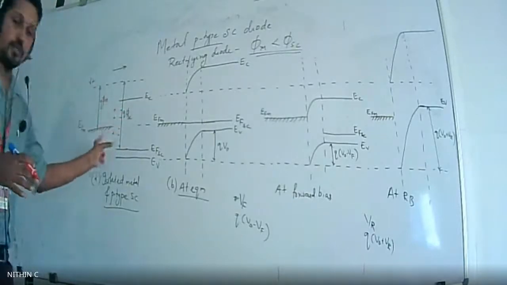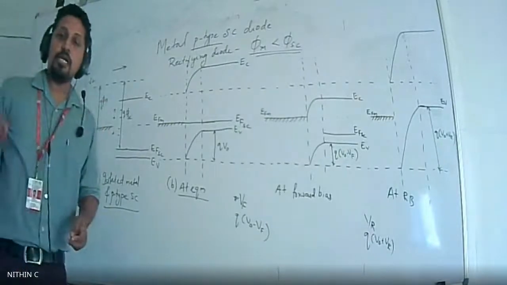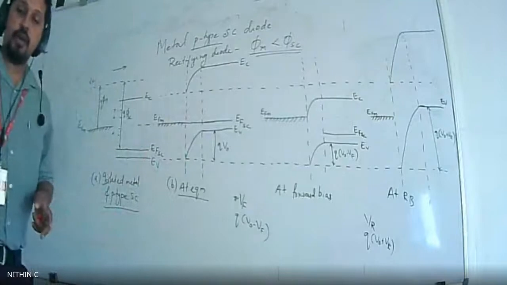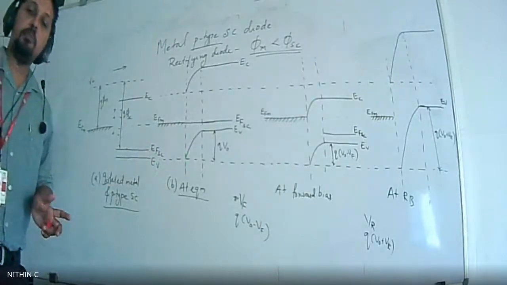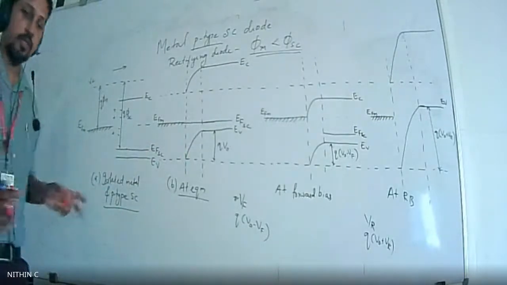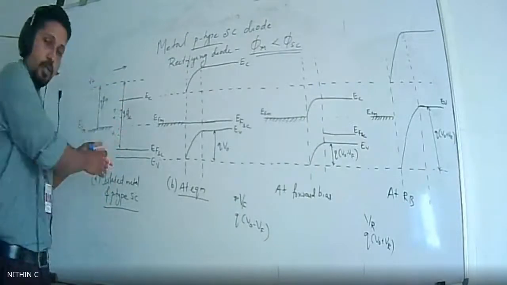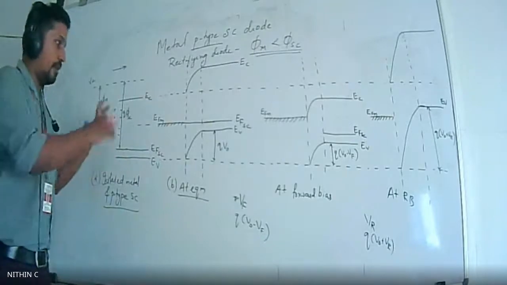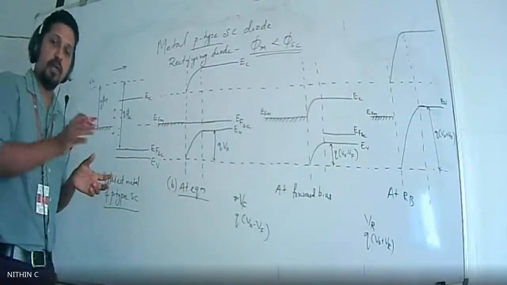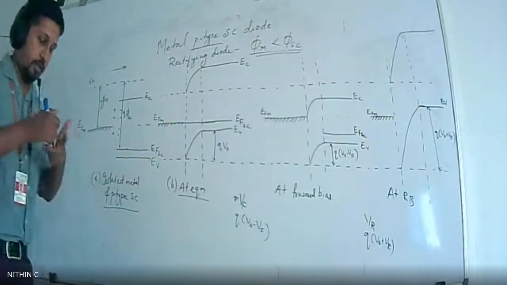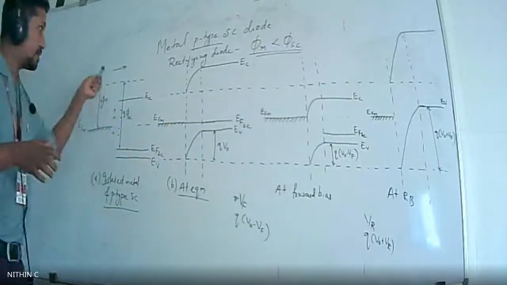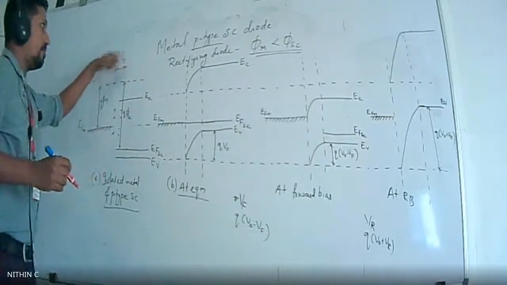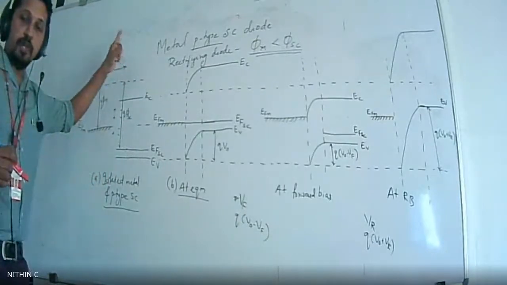When positive and negative ions form at the junction, what is that? That is a depletion layer. So a depletion layer will be formed, and what should be the direction of the energy band in the depletion layer? That is given by the direction of the electric field. That is all you have to think about: why is the depletion layer formed? Recombination takes place, so there will be a depletion layer. And the direction of the energy band in that depletion layer is given by the direction of the electric field. Since positive and negative ions have come this way, the direction of electric field is in this manner, EF. In this direction the energy band will bend upward, in the depletion layer.